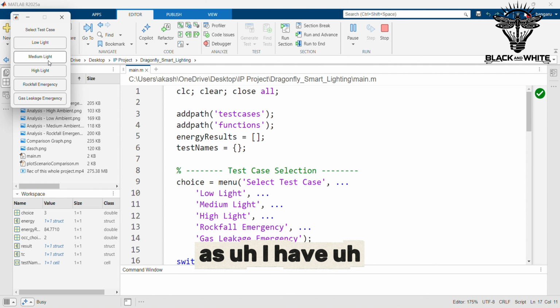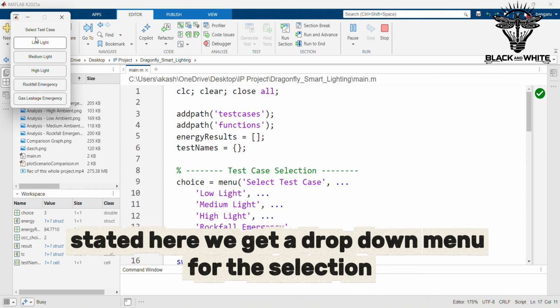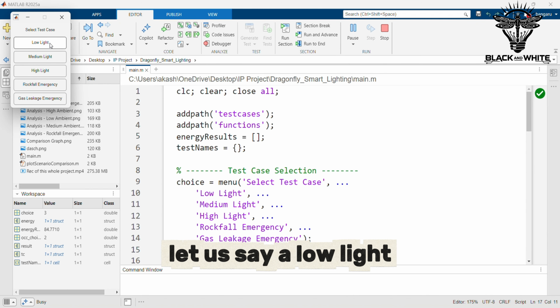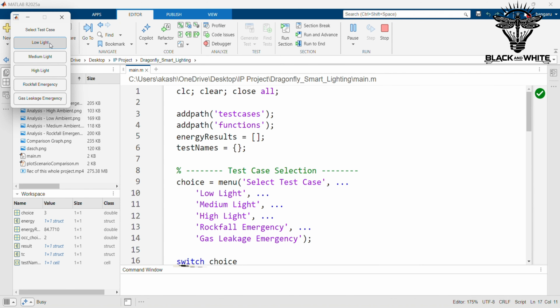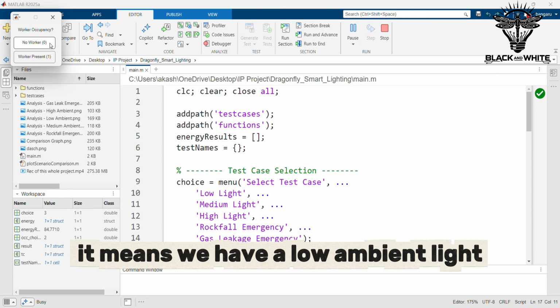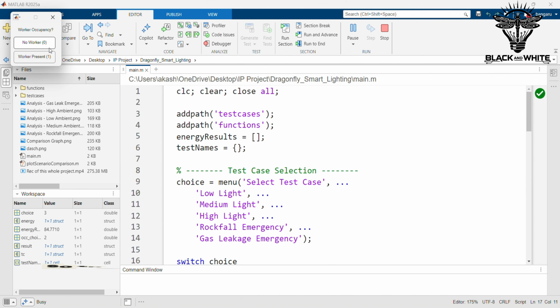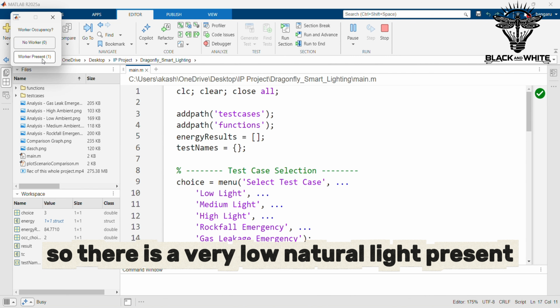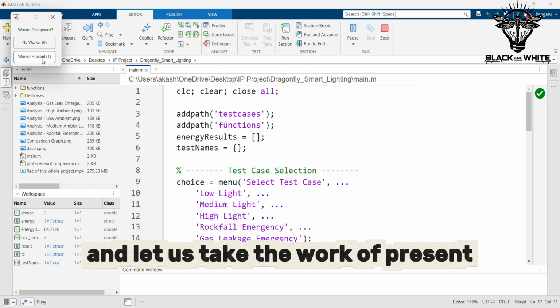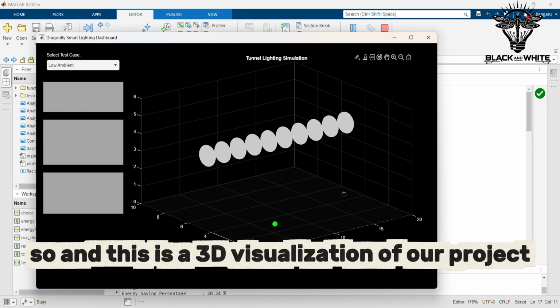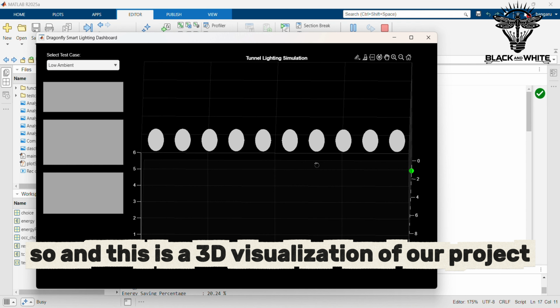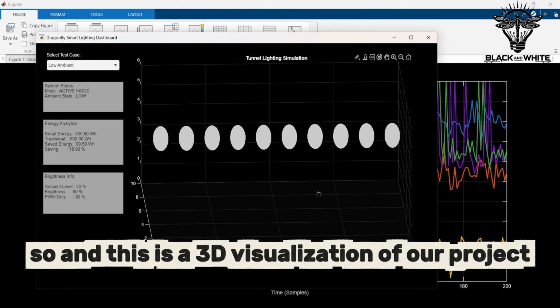Here, as I have stated, we get a drop down menu for the selection. Let us say a low light. It means we have a low ambient light, that is the natural light present. So there is a very low natural light present, and let us take the worker present. And this is a 3D visualization of our project, and